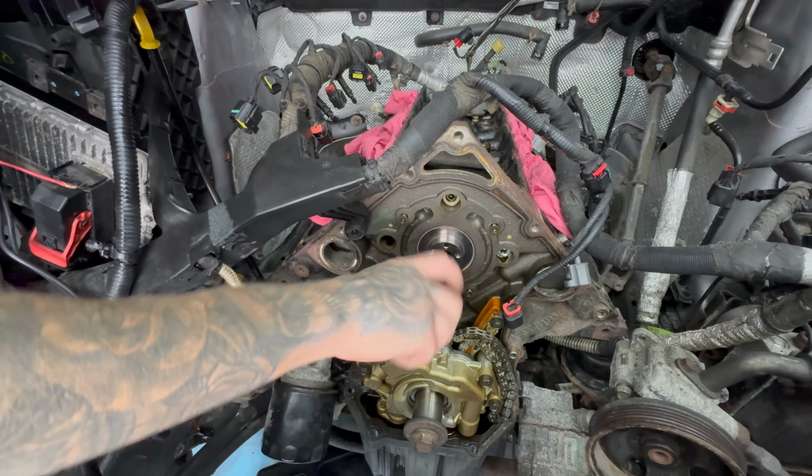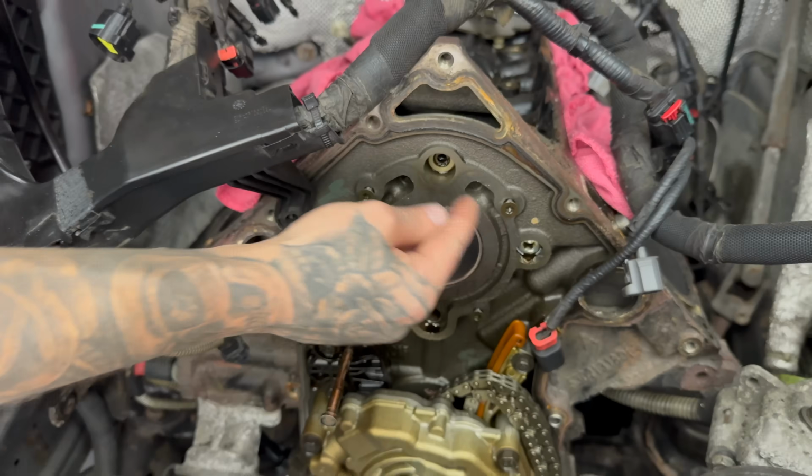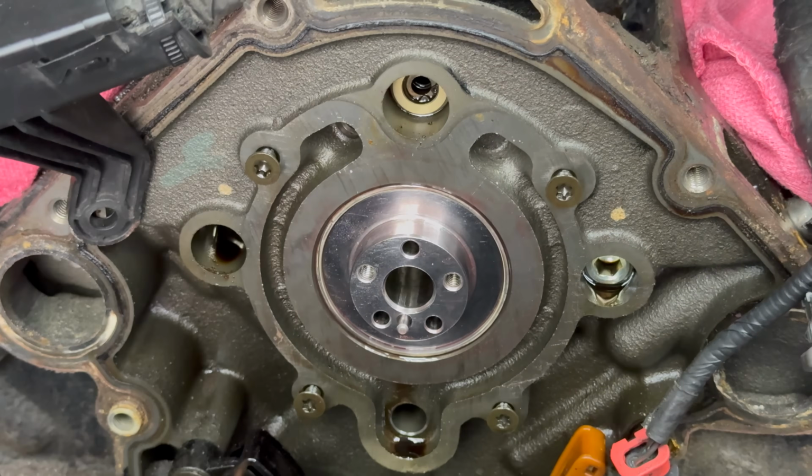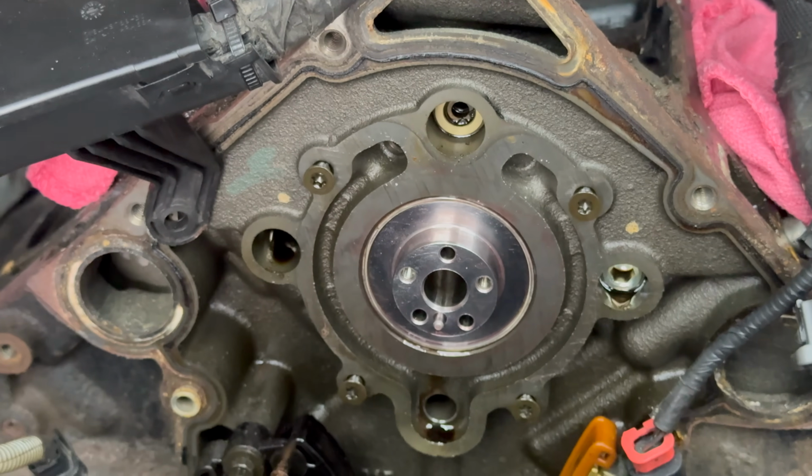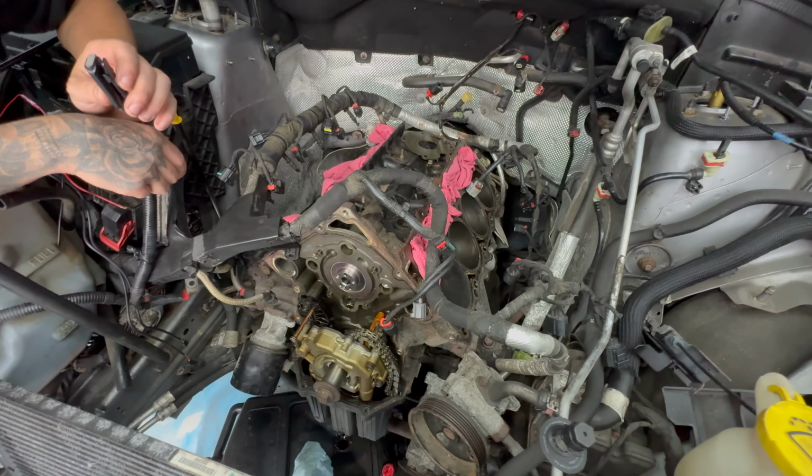And that way you've got something to grip when you're twisting it in for this last little bit right here. And then once it's recessed a little bit like that, that's when you know it's in there. Yep. Sweet. Nice work. We can reassemble the...